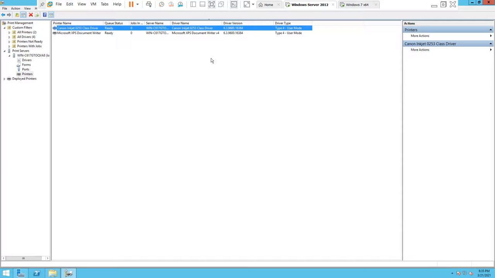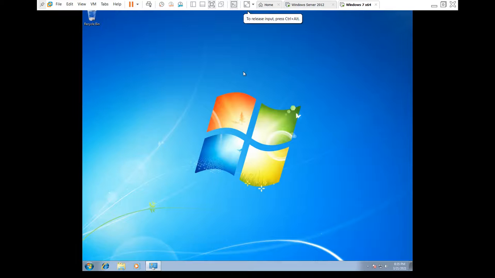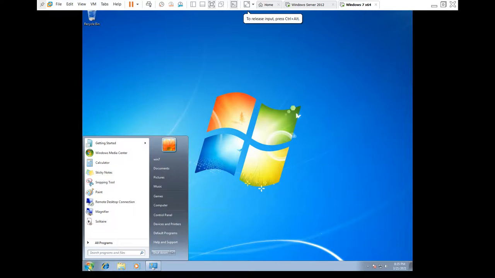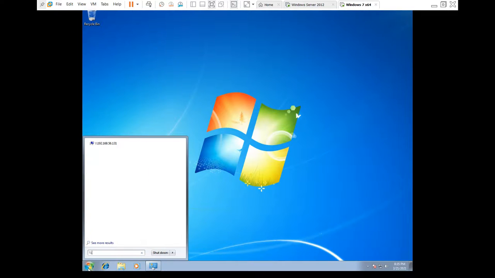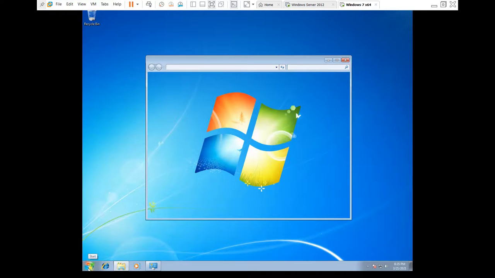And we want to access that printer from our client machine, that is Windows 7. So let me do that. For that I have to open Windows 7. This is our client machine, and if I want to access the printer, what should I do? I have to type the IP address of that server, and we got this. It's taking some time.